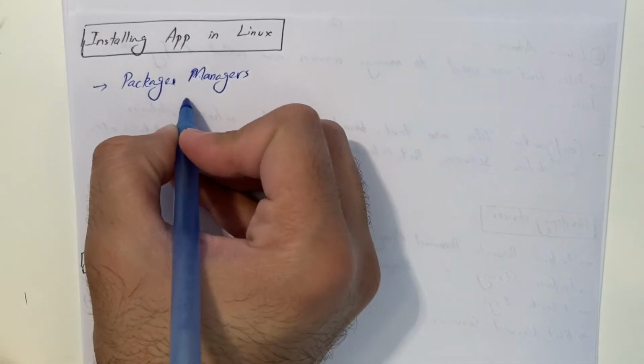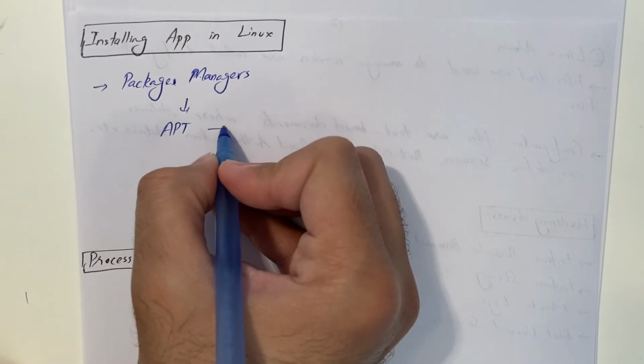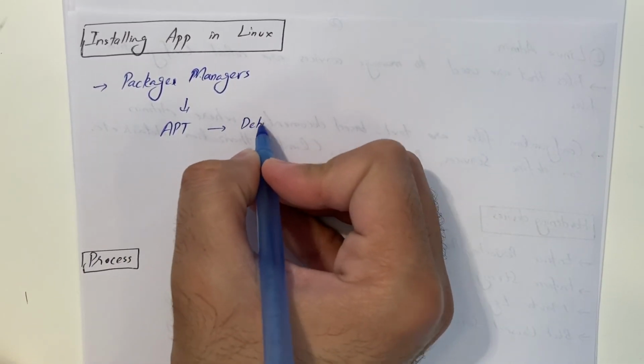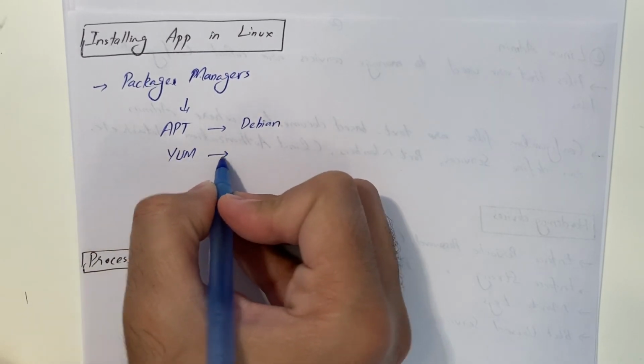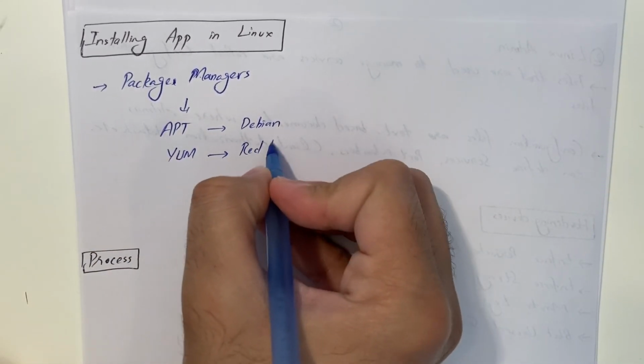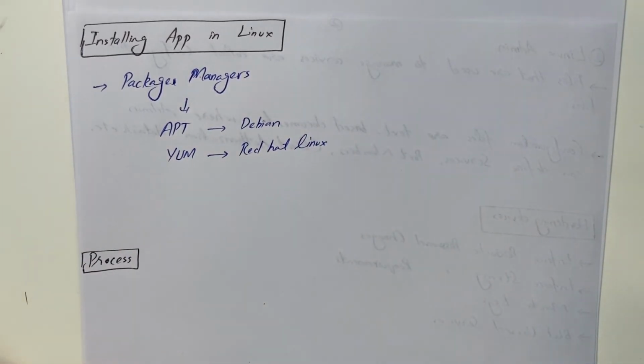For example, one of the package managers we use in Debian is called apt. It's the package manager more commonly used in Debian. Yum is another package manager which we use typically with Red Hat Linux. These are the two main package managers. We use apt for Kali Linux as well, for CyberOps as well, in order to update or upgrade a file.